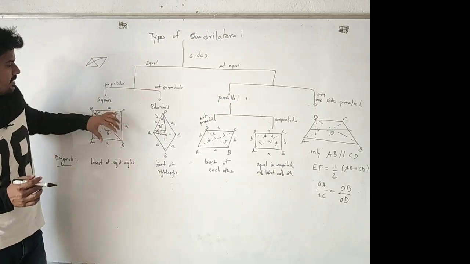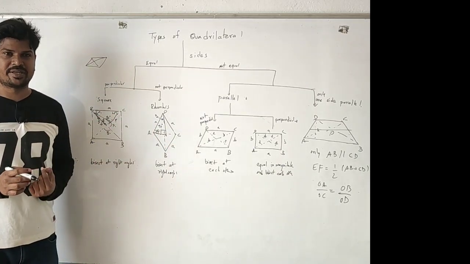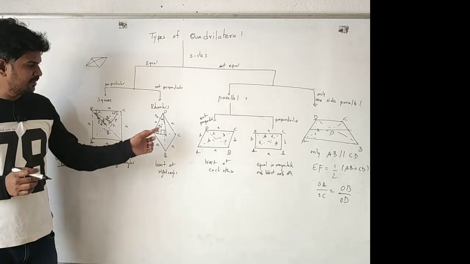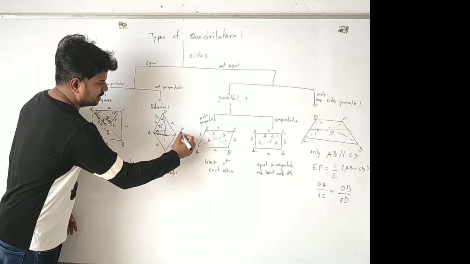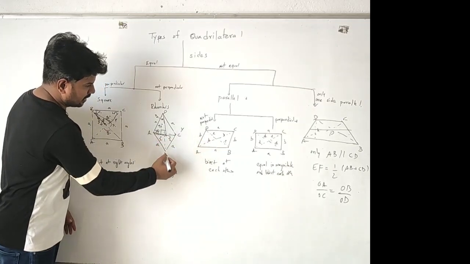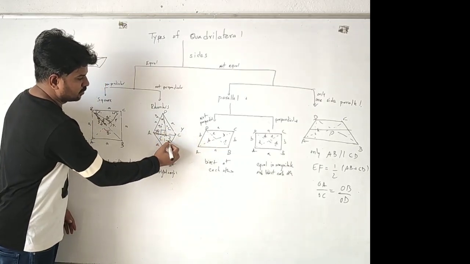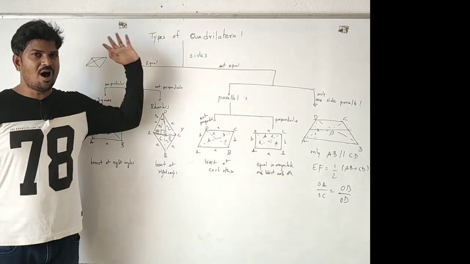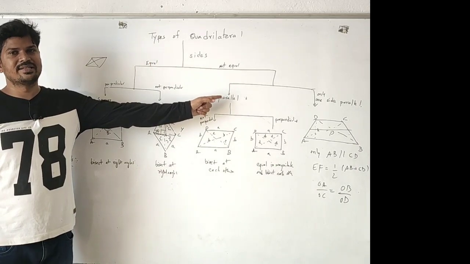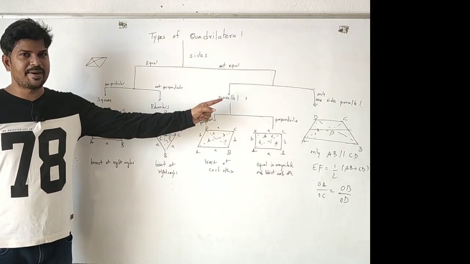That is the difference. Here the diagonal length is the same. Here the diagonal length is not the same, but they divide equally. So if this is completely some y, it is divided into y by 2, y by 2. If it is completely x, it is divided into x by 2, x by 2. But these two are not the same because of the tilt. All sides are not equal, but they are parallel to each other.